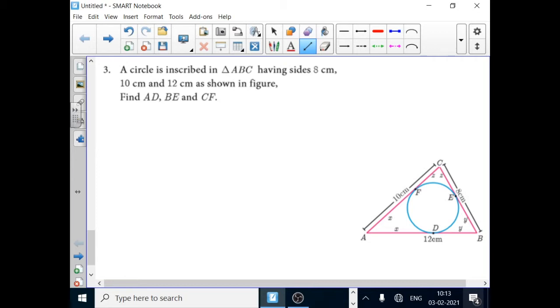I take the points D, E, F, where the circle touches the triangle. From the diagram we can observe that for the circle, A, B, C are exterior points. From an exterior point we can draw two tangents, and they are of equal length. So use the same concept. What you have to do is find the answer. It is the same as before. So we can write the solution.